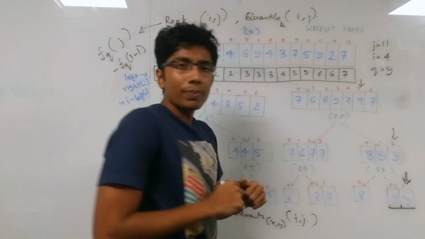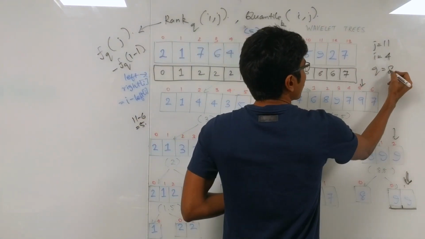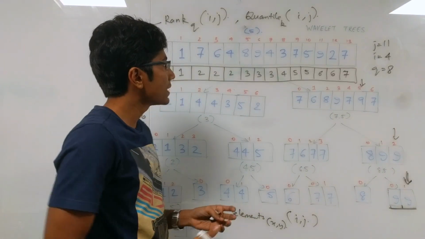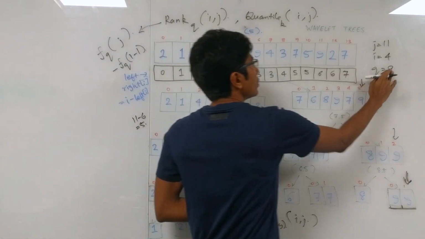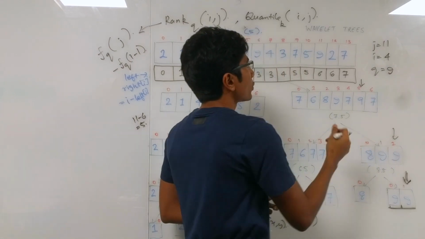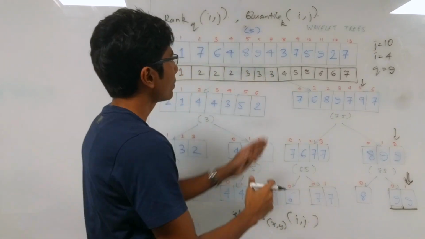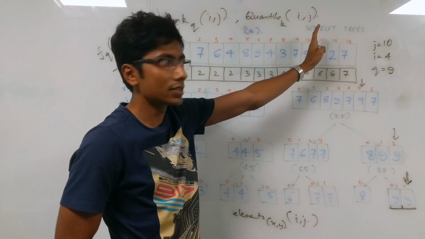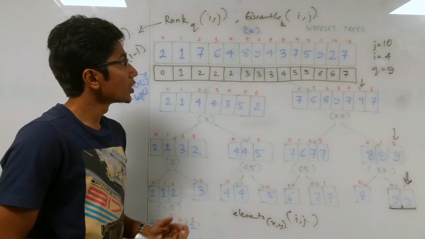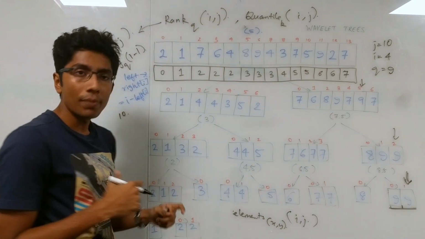Okay, let's make it a little more interesting. Let's put this as 8. What will then happen is that, oh no, let's not do that. Let's put this as 9, and let's put j as 10. Okay, so what's happening is basically I got rid of this 9 in this range. So for this query, you have j equal to 10, so that's 10, and you need to map to the